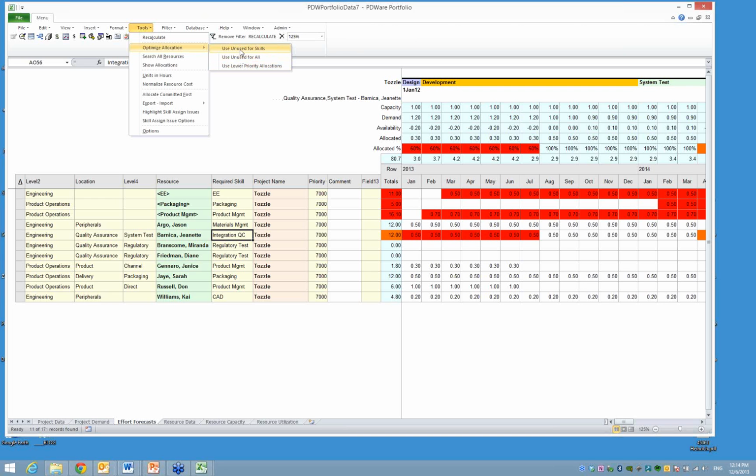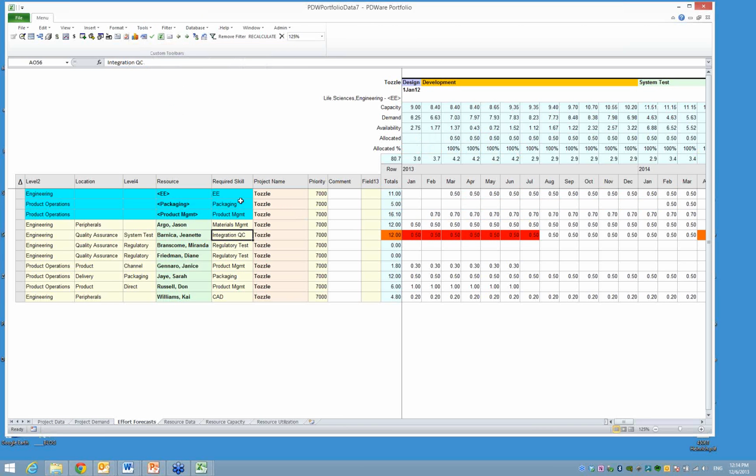So I'm going to click Use Unused for Skills. And you see right away what that does. It has gone out and looked at the resource pool and all the other demand, and it has identified resources within engineering and product operation who have these skills and who have unused capacity that can be used to satisfy these assignments. And so you can say about that first option, Use Unused for Skills, that it leaves highlighting on